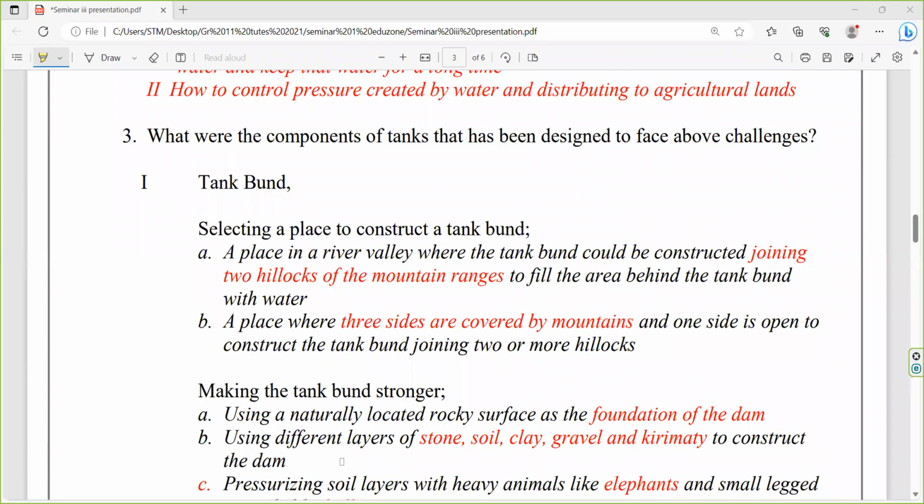So every month I hope to do one free seminar like this, taking very important sections of the exam. Like that fourth question I have taken this time. Next time I'm going to take one more question and just point out how to write the answer for that question. But remember, by doing this one only you can't be satisfied that you are excellent in writing answers for the fourth question.